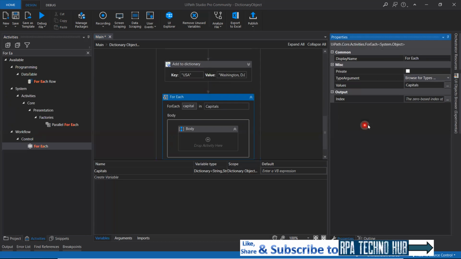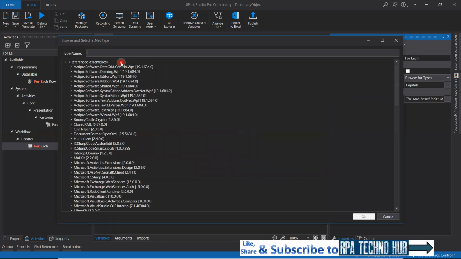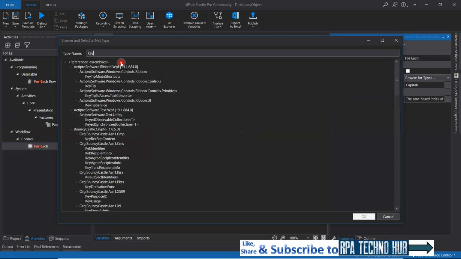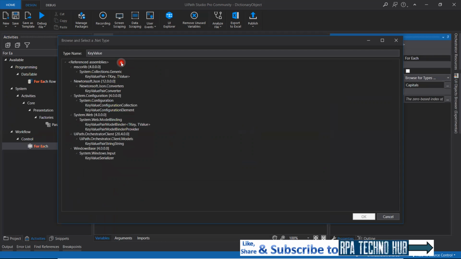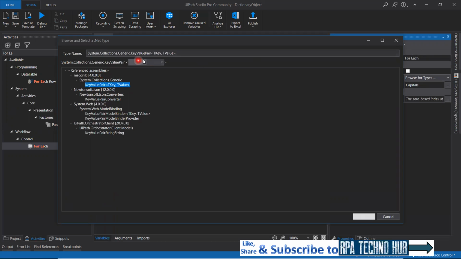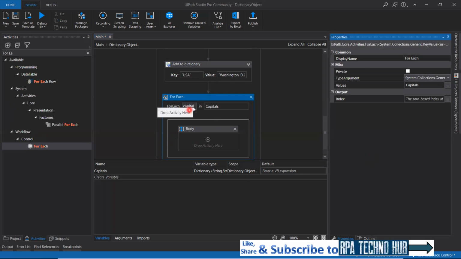Okay, so System.Collections.Generic.KeyValuePair. Let me just type in key value pair, and here you can see System.Collections.Generic.KeyValuePair. Here you just select string as the type of key and string as the type of value, and click OK. Now your argument will act like a key value pair. So using this argument, you can get the key and get the value of that particular record inside the capitals dictionary, right? So now let me just use write line,